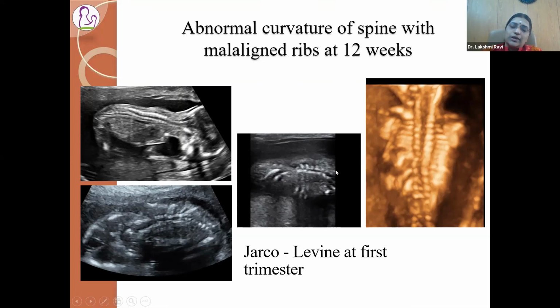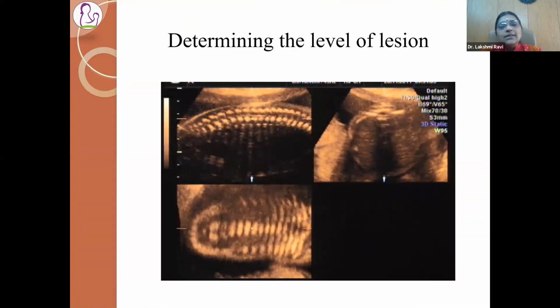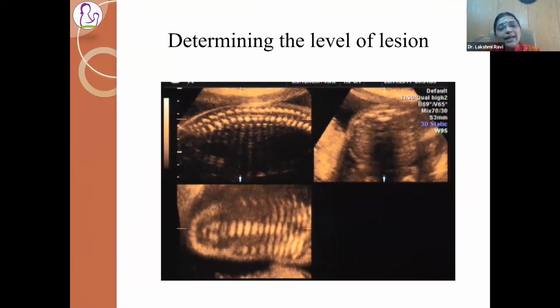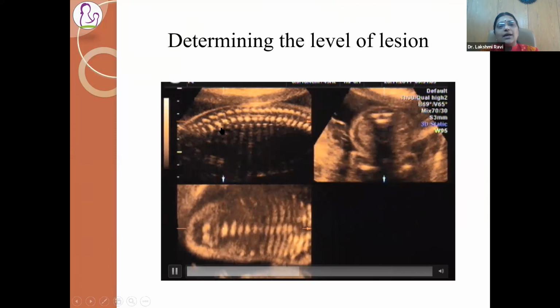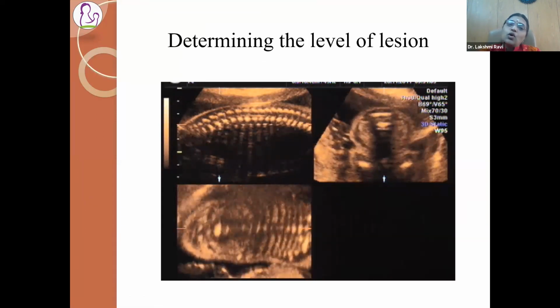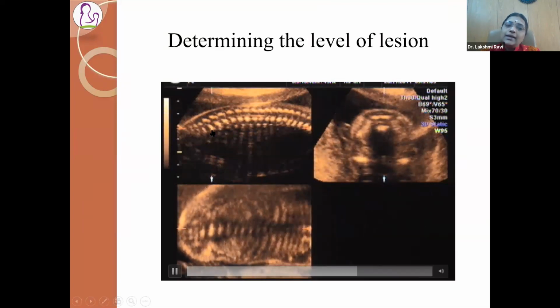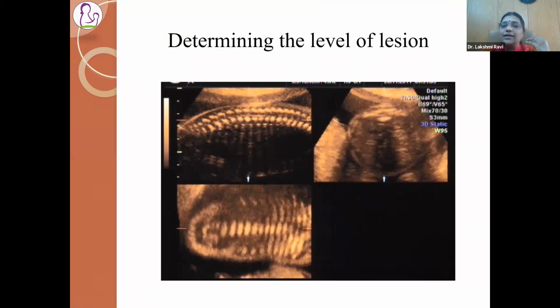The next probable thing is, whenever you think of the spine, you always think about the level of lesion. If we see a vertebra, we need to understand whether it is L1 or L2 or L3. How are we going to identify? So obviously, this is how you can just take a volume, and then you can try and place the reference dot from one. But the advantage of evaluating a volume is, because you have a volume at your hand, you can do an offline analysis.